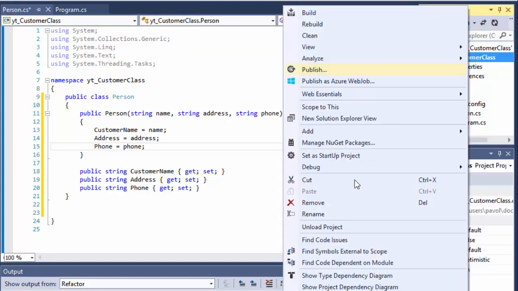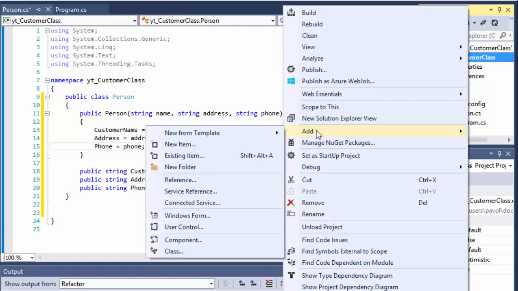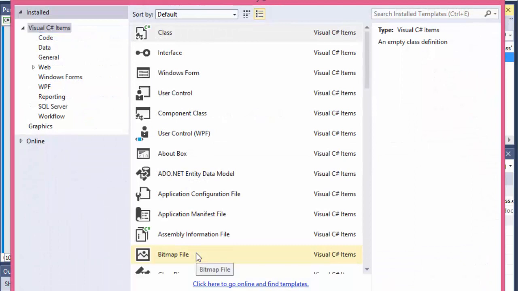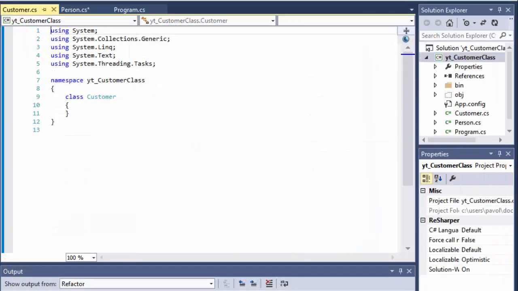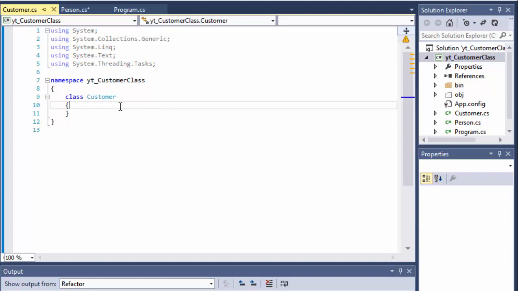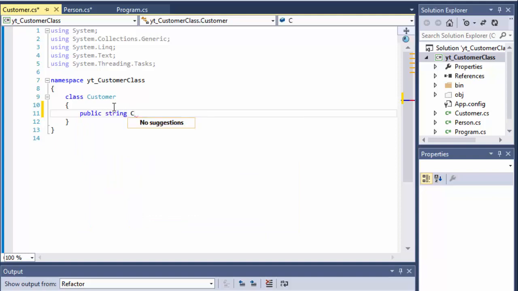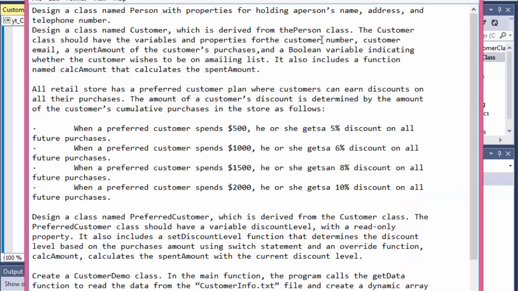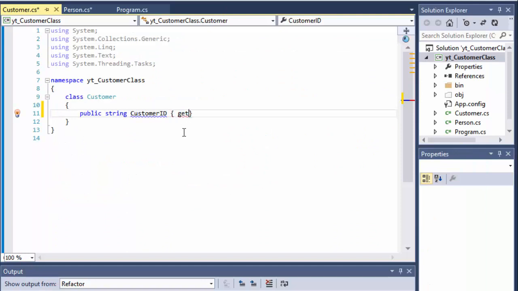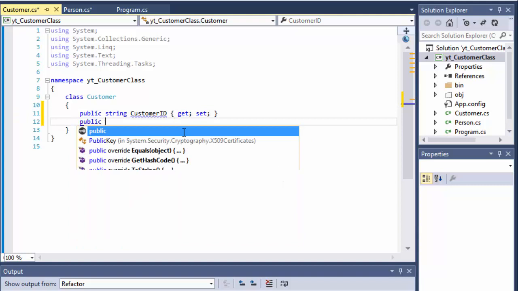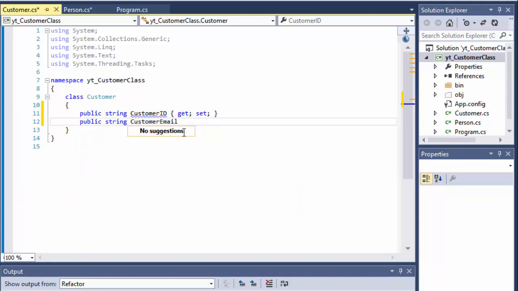So let's create one. I'm going to create a class and call it customer, because we're creating one at a time, obviously. This one will have properties. It's going to be a string customer ID. The customer should have a customer number. Well, okay, that's customer ID. That's good enough, I guess. So we get and set,